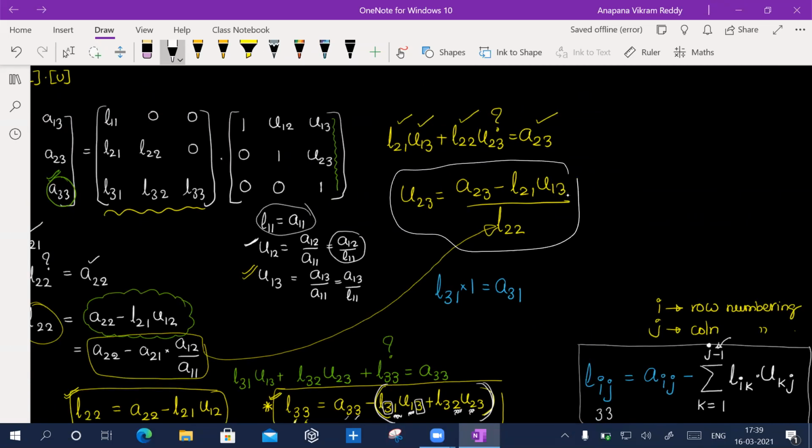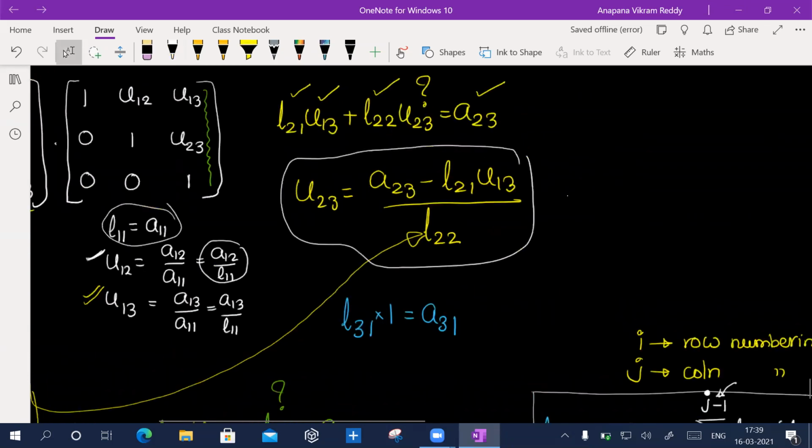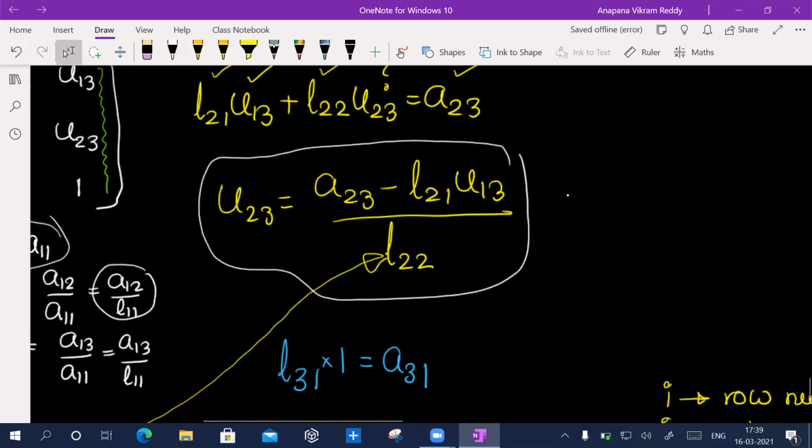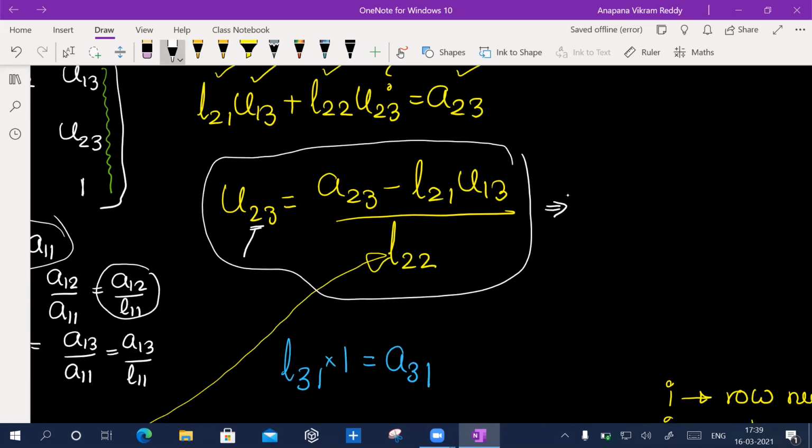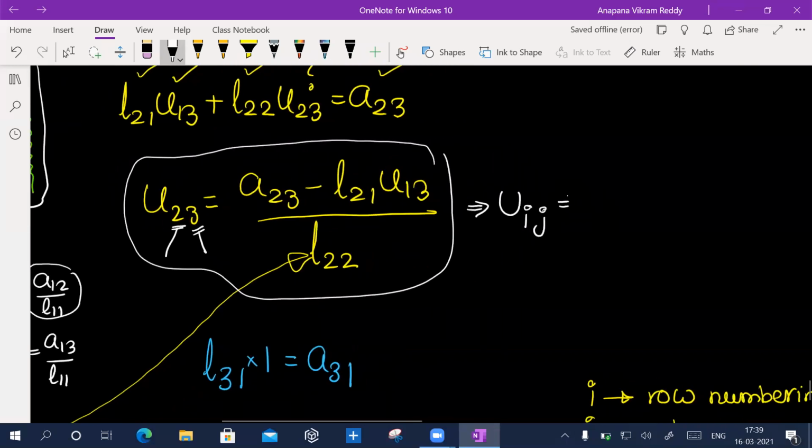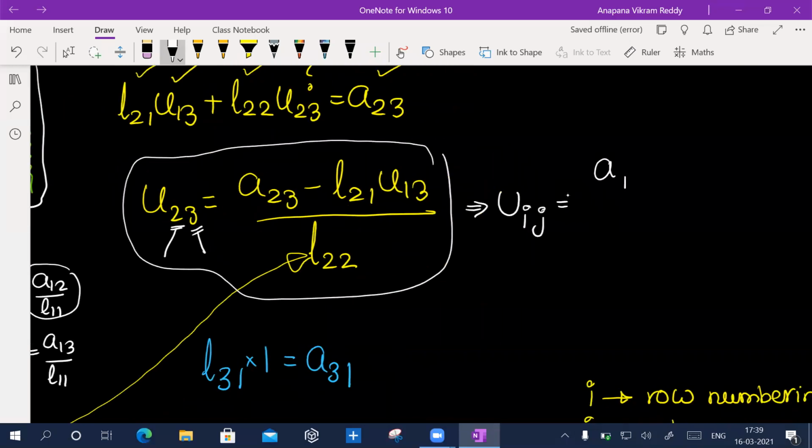You see this and tell me what is my Uij. Now, i is what here? 2. And what is j? 3. So Uij is equal to what here? Aij minus the sum. As we have a 3 by 3 matrix, we have a simple stuff like this.